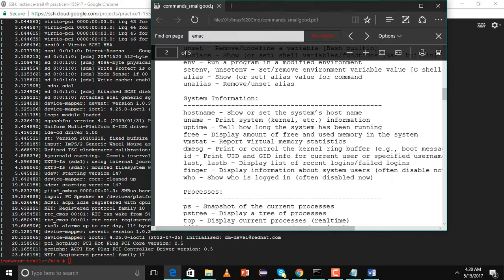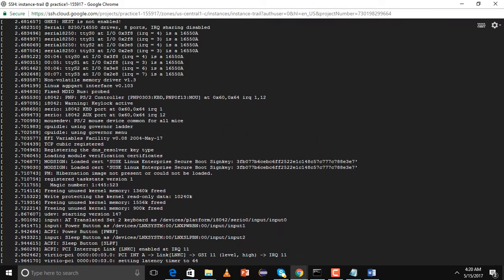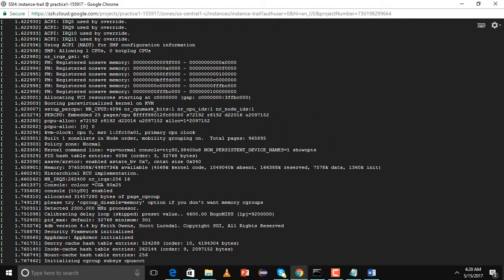It's a kernel message. The kernel is the key element for booting your operating system. So generally it holds a software development kit,